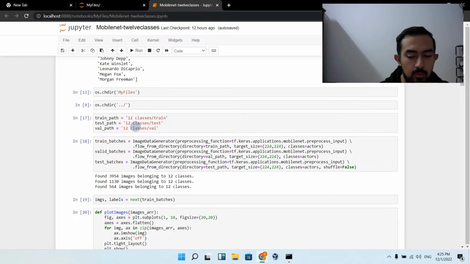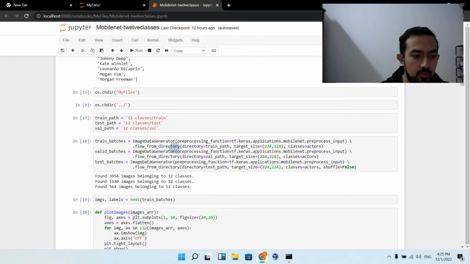we are supposed to pass our data to image data generator, and we are using MobileNet. So for MobileNet, the data is pre-processed in a way, so we are pre-processing them using this function, the pre-processing function, tf.keras.applications.mobilenet.preprocess_input, and we are resizing that to this size. And actually this function is getting the images